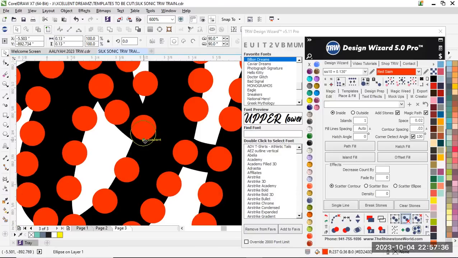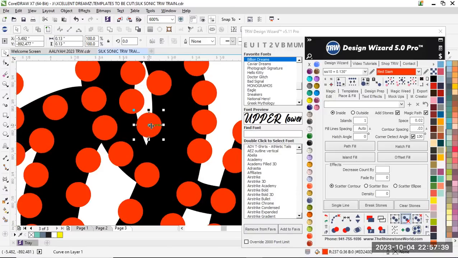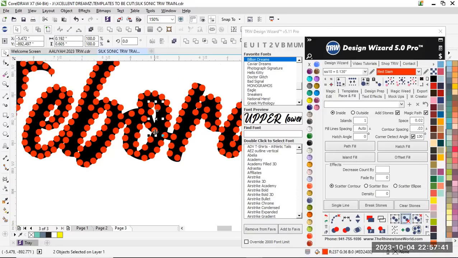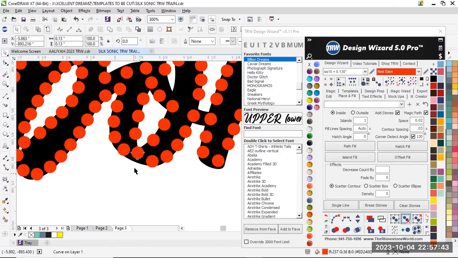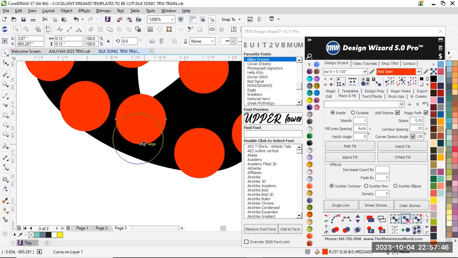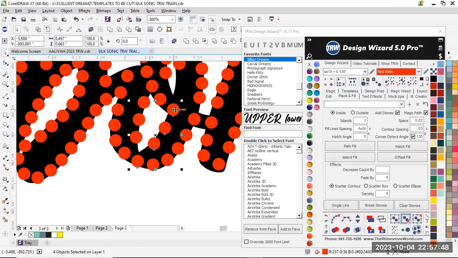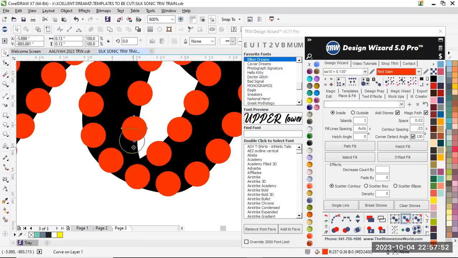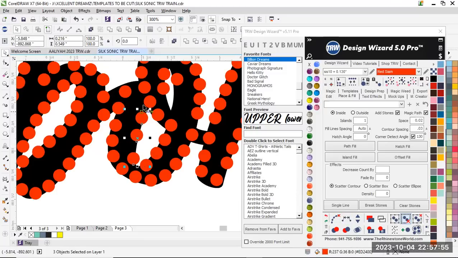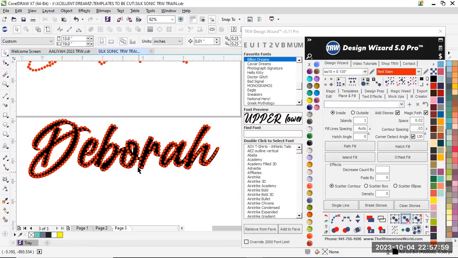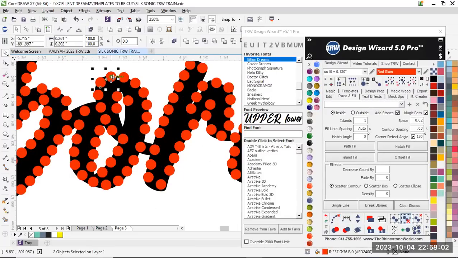I'll probably bring this one here, delete that one, and curve this line down this way. See that one? I'll remove that one and then do my curve. Add a stone, boom. Drag this one in just a little bit, bring it up this way, add a stone, boom, you know what I mean? So I would just fix it to a point where right here, I know this circle, let's go ahead and connect this O to where it's visually more appealing,